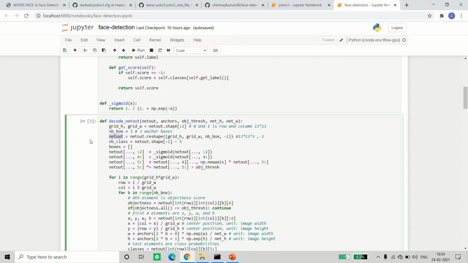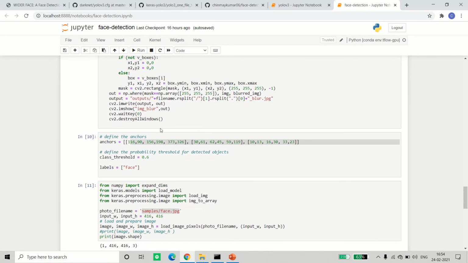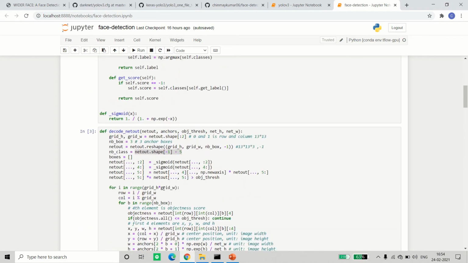Okay, so now the NP class will take the last, because the 6 represents the bounding box parameters. As I told you, 6 things it will predict: the center coordinates, the width, height, the objectness, and the class label. So the 6 minus 5, so 1. Anyway, our class is always 1, but it's a general code for multi-class. So if you find weights where it is trained on 80 classes, and accordingly make the model and specify all the labels, then also this code will work, but you have to find the weights for that.